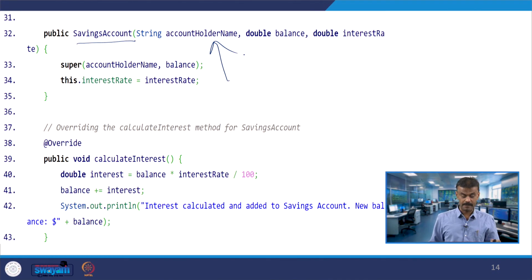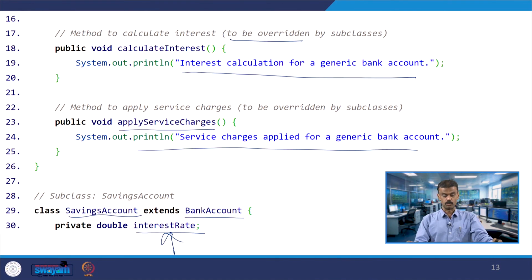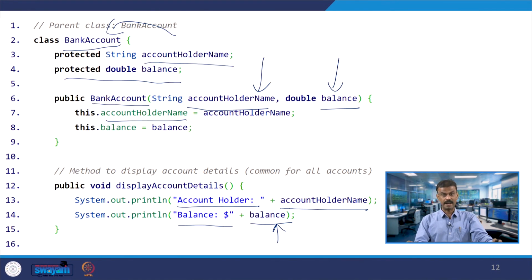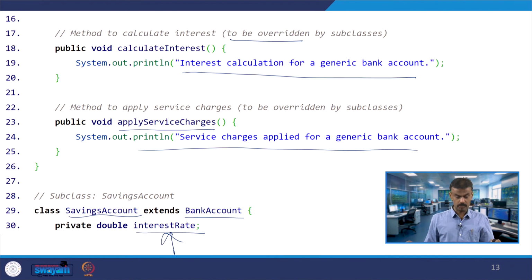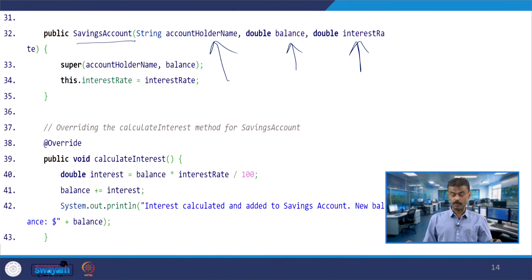You are passing 3 parameters: account holder name, balance and interest rate. BankAccount is inherited by SavingsAccount, and you are passing one more, the interest rate.